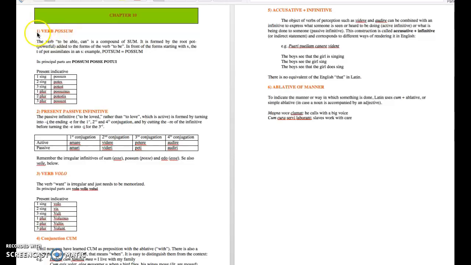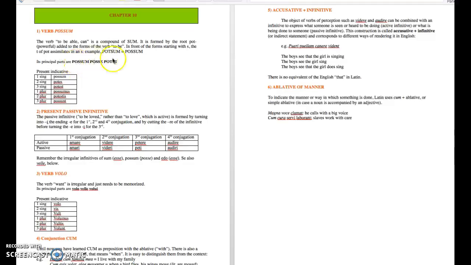Number 1 and number 3 are the irregular verb forms, okay? I see that some of you still have problems with these kinds of things. These just need to be memorized, okay? You don't have to transform them when I ask you to say the present of the verb to be. Okay, sum, es, est, sumus, estis, sunt. You just need to memorize irregular verbs. There is really nothing to form.